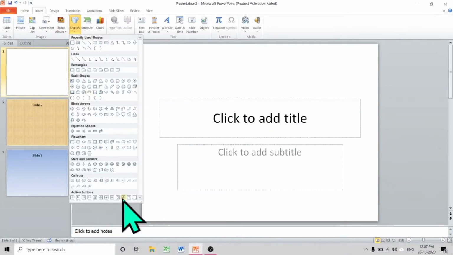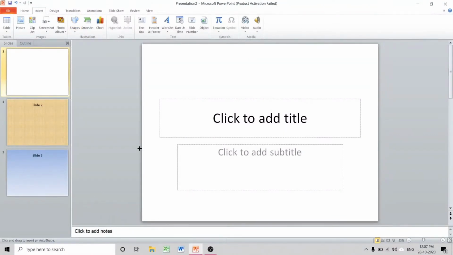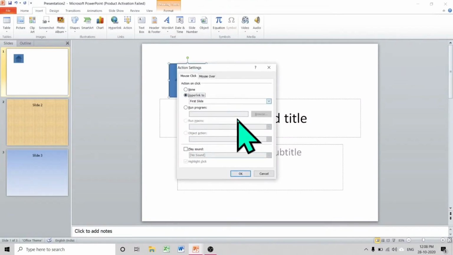Insert tab, shapes, take any one action button from here and draw it. Then this dialog box will open. You have to specify which action you want after clicking this. So 2 events, mouse click and mouse over.